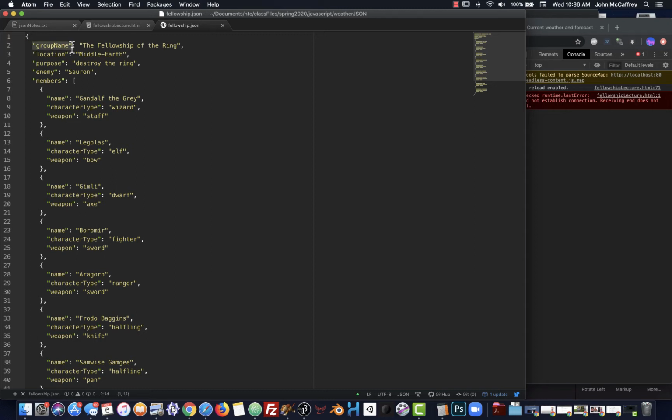Key points to remember: properties are always going to be in double quotation marks, followed by a colon, and then the value is going to be in double quotes as well, unless that value is a number. If it's a number, it does not require quotes. Each key value pair is then followed by a comma. So we have group name, Fellowship of the Ring, location, Middle Earth, purpose, destroy the ring, enemy, Sauron, members, colon,